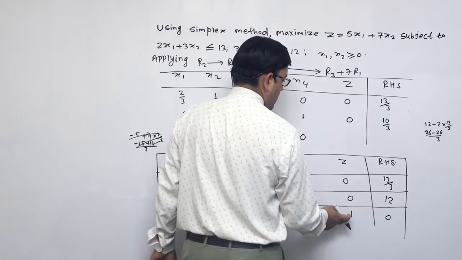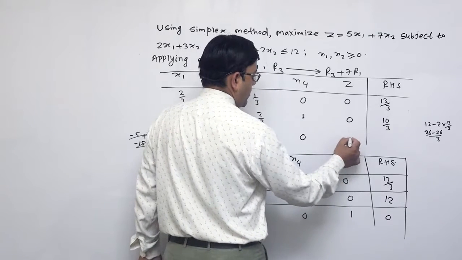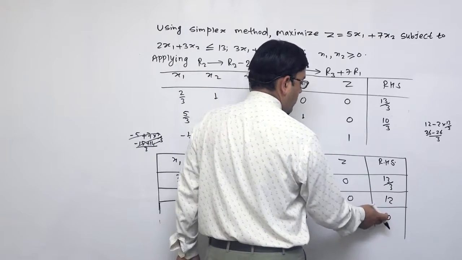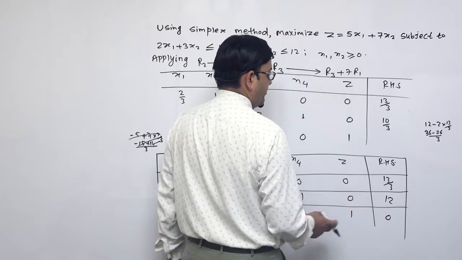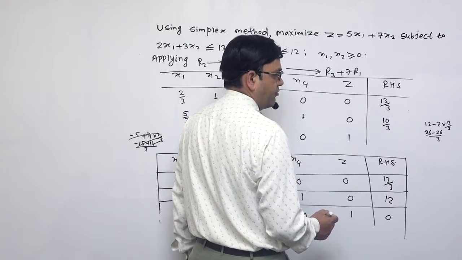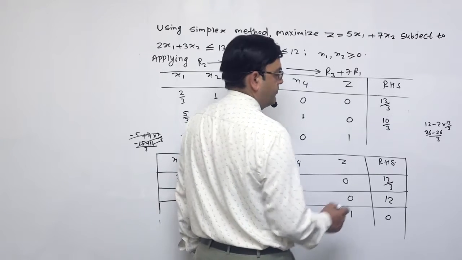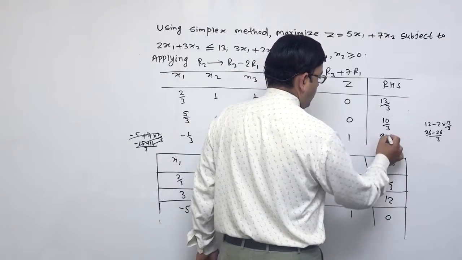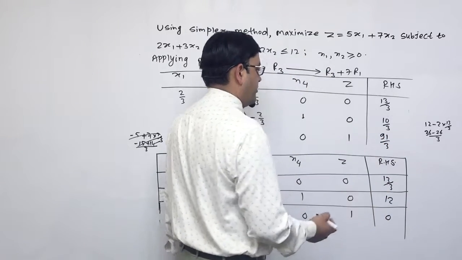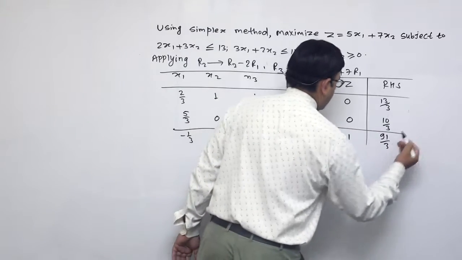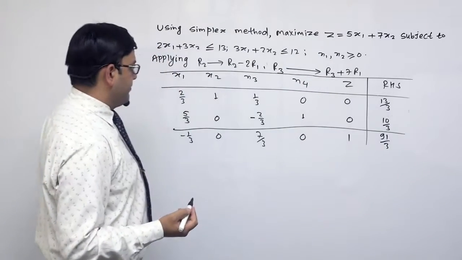So 1 plus 0 is 1. And then here 0 plus 7 times 13 by 3. So 91 by 3 because 13 times 7 is 91. Let's separate it like this one. अब हेरौँ है त हामी